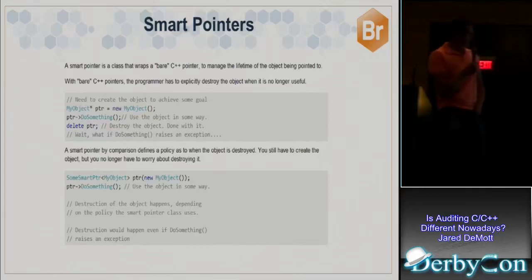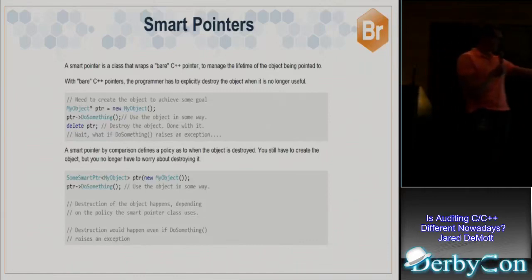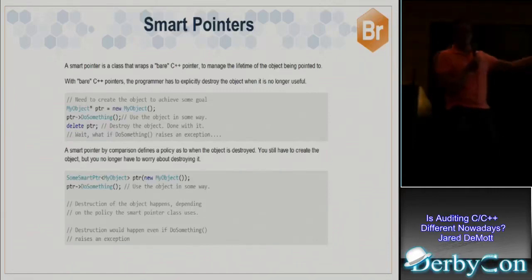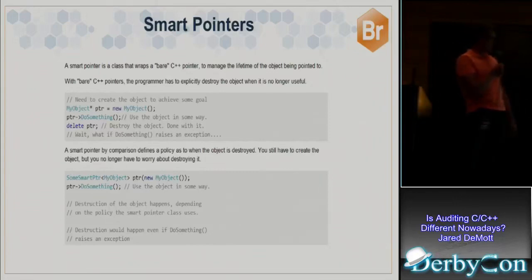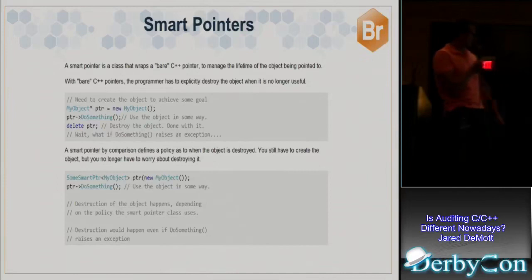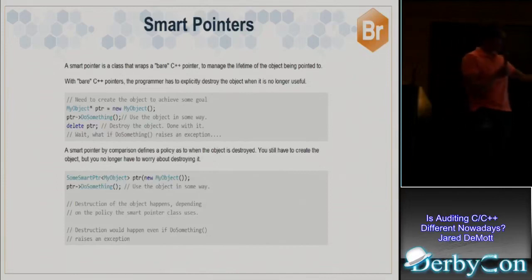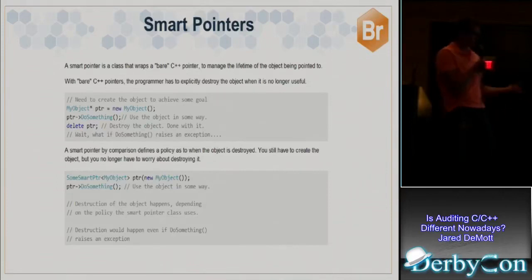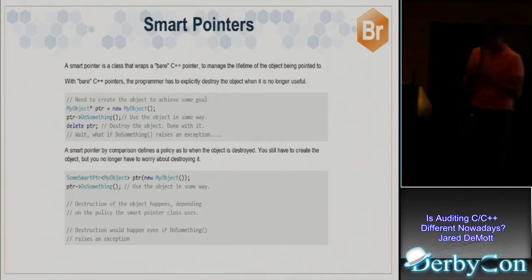So what was come up with is the so-called smart pointers, where you use some smart pointer type. This is just ripped right off Stack Overflow, by the way. There's a great write-up that I found there that I pulled out and put in here. Good stuff. You have some smart type of shared pointer, or smart pointer rather, and then you do something, and then it'll later free it when the time is right, basically. So there's some destruction policy that'll take place.